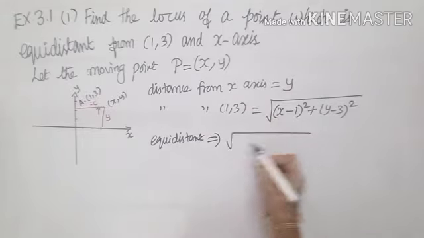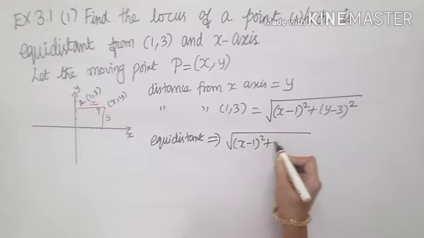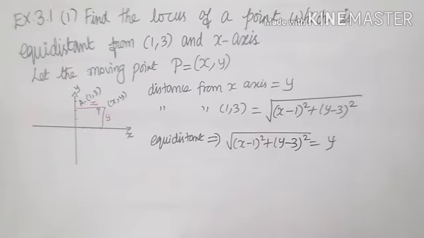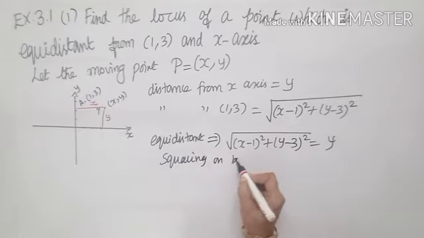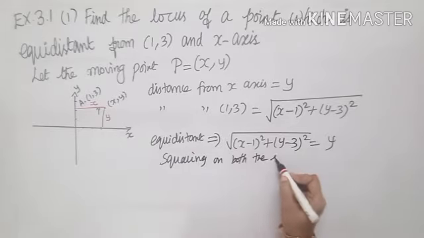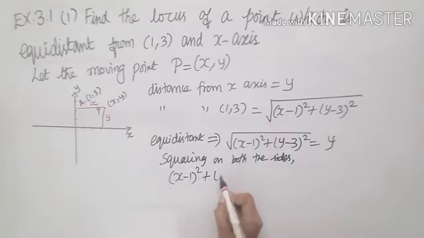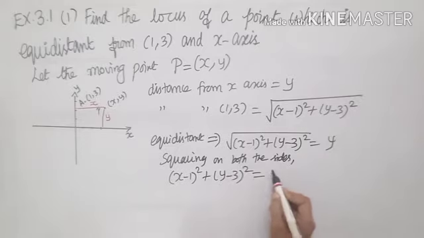Root of (x minus 1) the whole square plus (y minus 3) the whole square equals y. Whenever a square root is coming, let us square on both the sides. As I am squaring, root and square will get cancelled. I am left with (x minus 1) the whole square plus (y minus 3) the whole square equals y